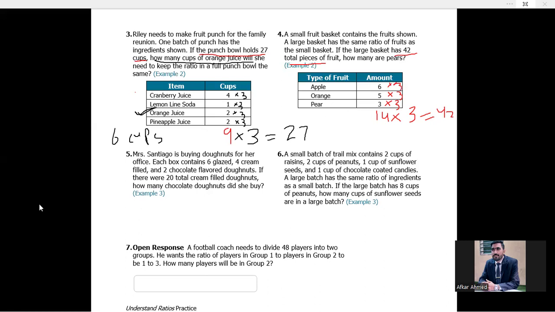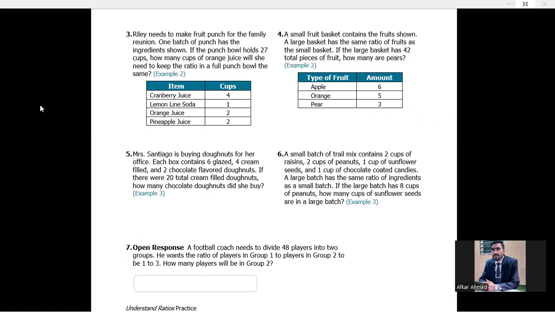Same, let's move toward question number 5. Question number 5 is about the same thing, but just changes the way. We have been given different types of things. Miss Santiago is buying donuts for her office. Each box contains 6 glazed, 4 cream filled, and 2 chocolate flavored donuts. If there were a total of 20 cream filled donuts,